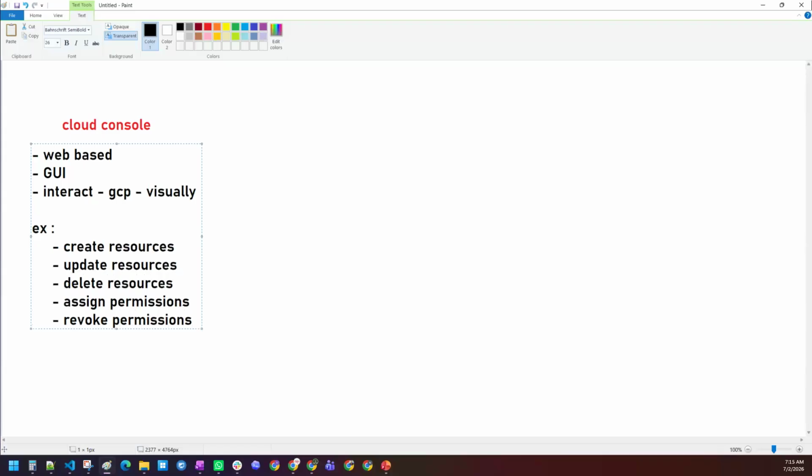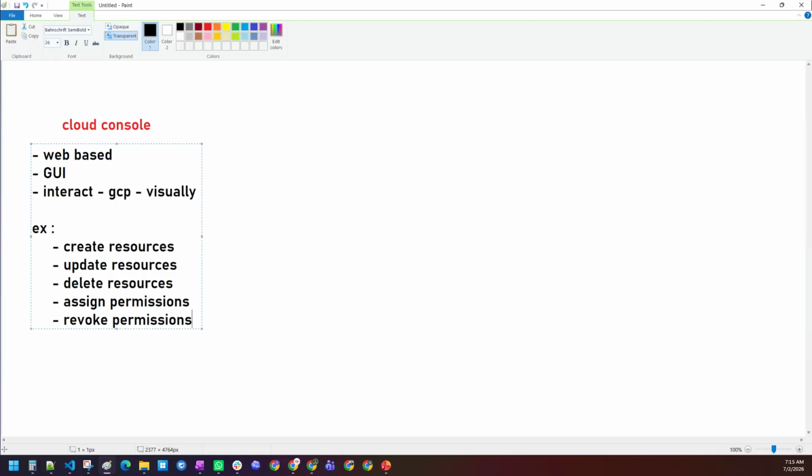So this is all about the cloud console, everyone. A cloud console is a web-based graphical user interface to interact with the GCP services visually.